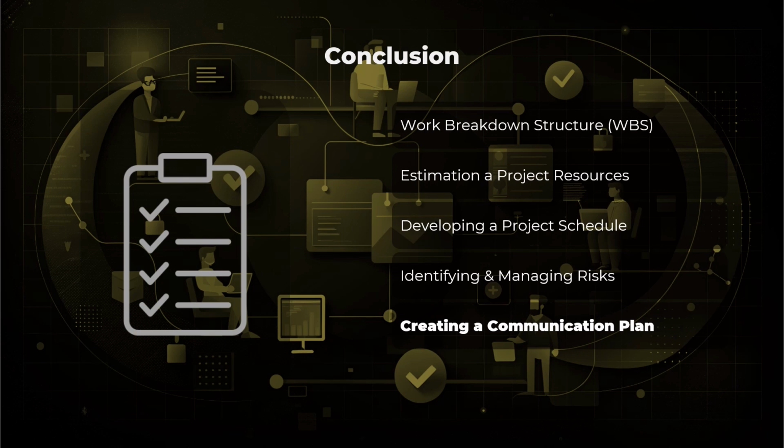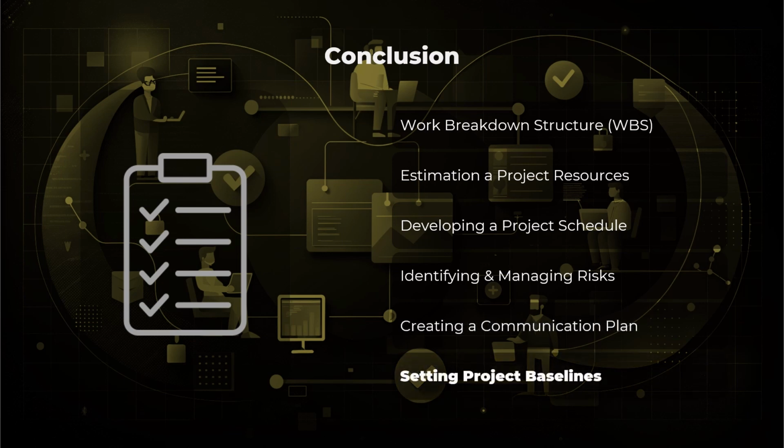Creating a communication plan. Effective communication is vital for project coordination and stakeholder engagement. We discussed the importance of establishing clear channels of communication and defining protocols for information dissemination. Setting project baselines. Establishing baselines for scope, schedule, and cost provides a reference point for monitoring and controlling project performance